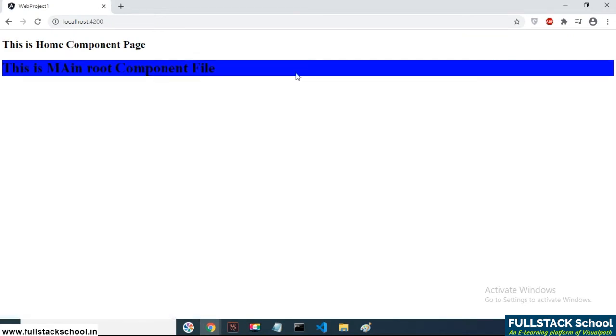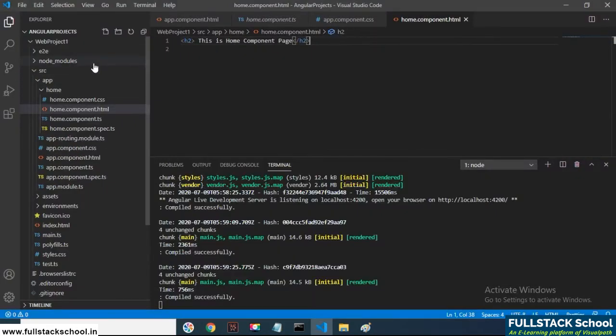Like this, we can add as many components as we want to the Angular application. Now, to add one more component, go to the terminal and use Ctrl C.